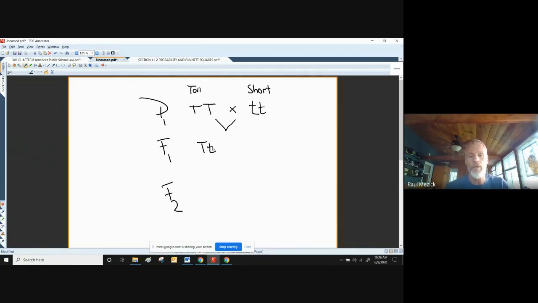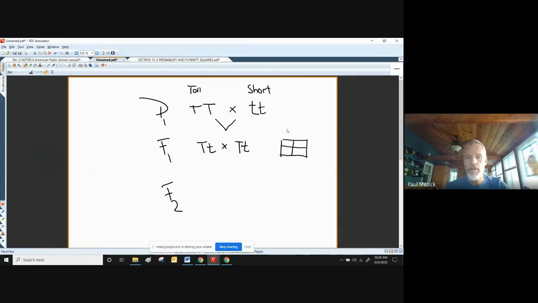So now he goes ahead and he takes all of his short plants. Remember now, he did not know that this is what the letters look like. All we know is that we now know that the short was being hidden, but he didn't know that. So he took what we call his F1 generation. That means he took his pure tall, his pure short, and he got a plant. Then he bred those plants together. He inbred his F1 generation. And what happened was when he did this, and you do this Punnett square,